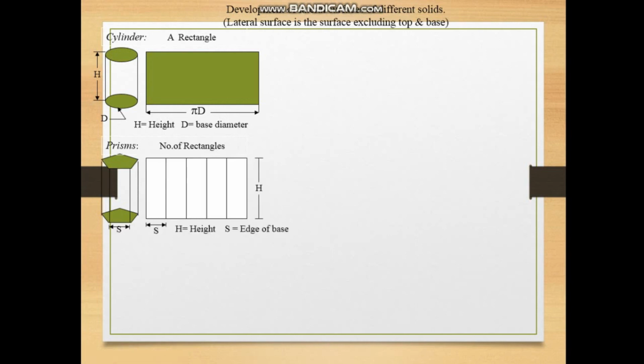So this is a prism, a hexagonal prism. The lateral surface is a number of rectangles. In a pentagonal prism we have 5 sides, so 5 rectangles. The development has 5 rectangular shapes, 1, 2, 3, 4, 5, with the given side. If the side is given as 30 mm, all the sides are 30 mm. The axis length is given for the height.